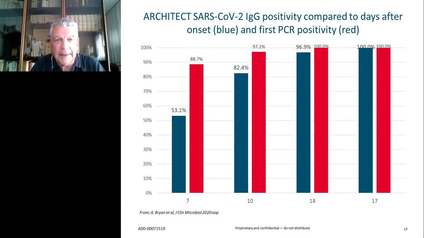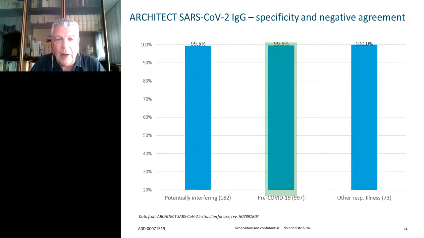And this is logical because, of course, PCR testing happens after the onset of symptoms. So actually, the lag here is about 3-4 days, and this is why after 2 weeks, they've seen a complete concordance of results. So as it seems, the sensitivity in the early stages is quite good, and so it will allow to increase the diagnostic yield when RNA testing is not positive or is not feasible. The other big topic to deal with, especially now when the peak of the epidemic has been reached and passed in many countries, is specificity.